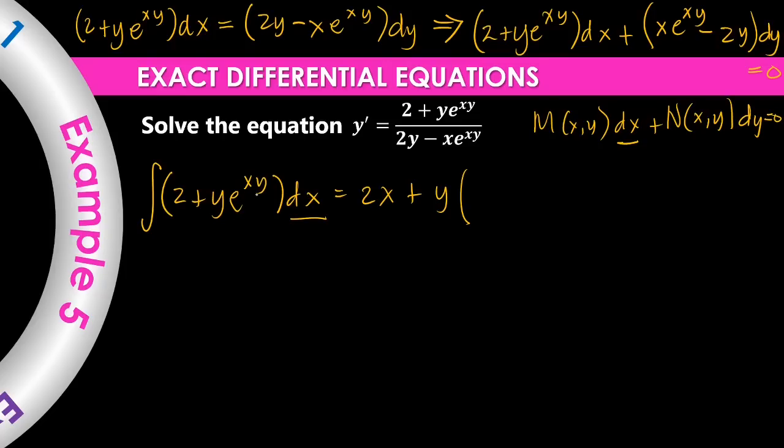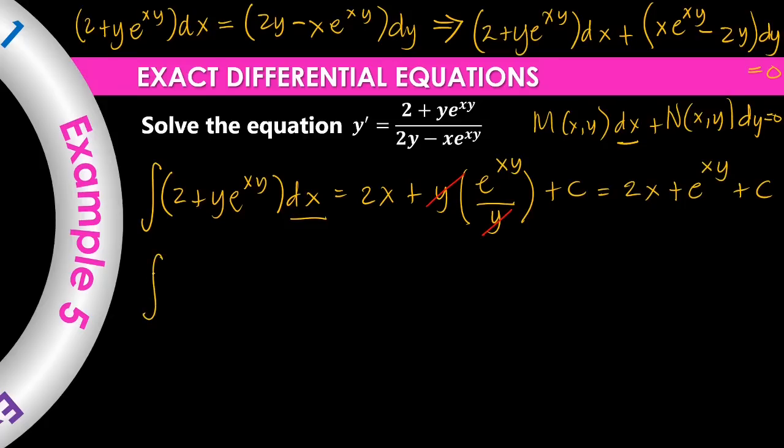Diba? Kung ano yung multiplier ng variable, naging denominator lang yun. Diba? So, that's e to the xy divided by yung constant multiplier dito. Alin ba ang constant? Yung y. So, over y. Ayan. And then, plus c. So, itong y mawawala kasi magka-cancel siya. Cancel natin yan. At ang matitirang sagot is 2x plus e raised to xy plus c. Diba? Dali lang. I-integrate natin yung N dy. Ito yun. So, x e to the xy minus 2y. Ay, dy